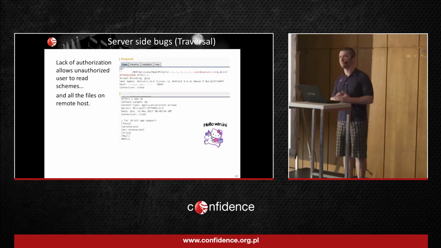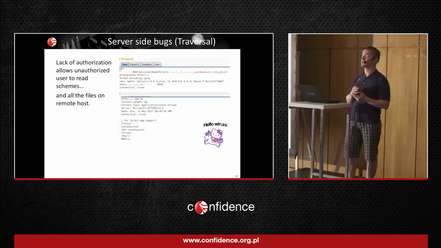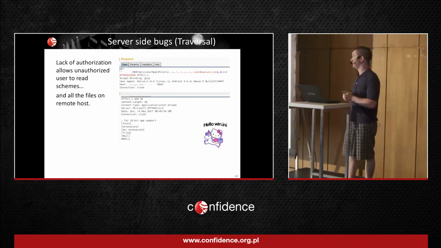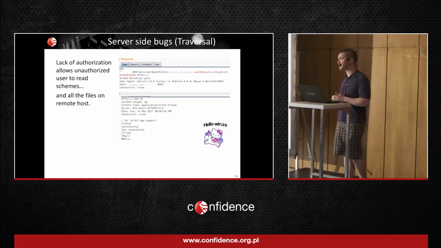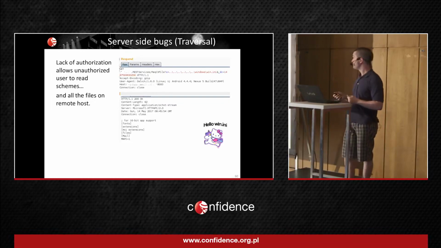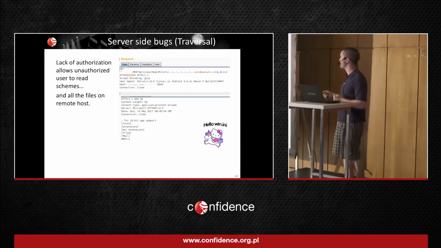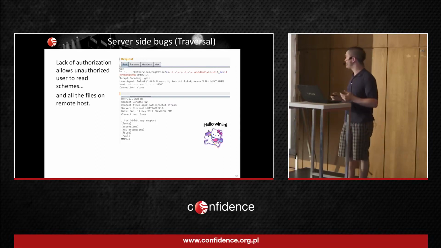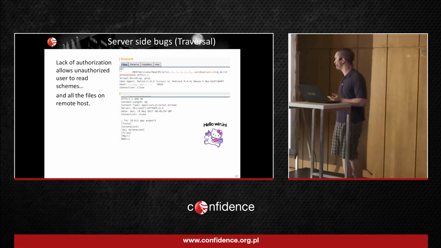One application allows an unauthorized user to download HMI schemes. This is not very useful because without configuration they are useless. But on the server side we found some directory traversal that allows access not only to the HMI schemes but to any other files, like win.ini, to say hello to win.ini. So, a typical directory traversal parameter.